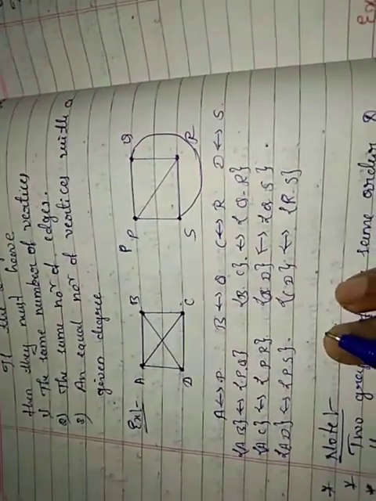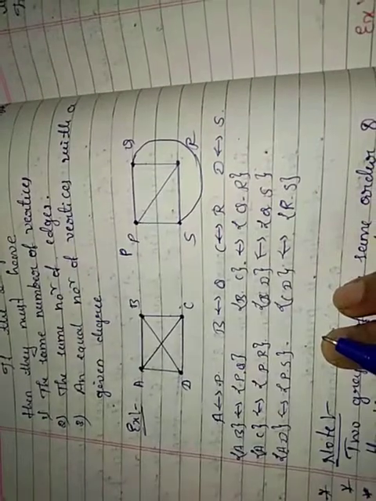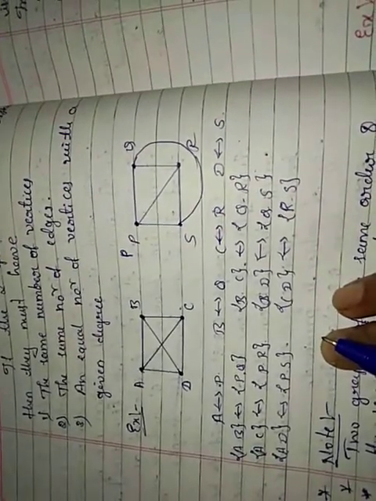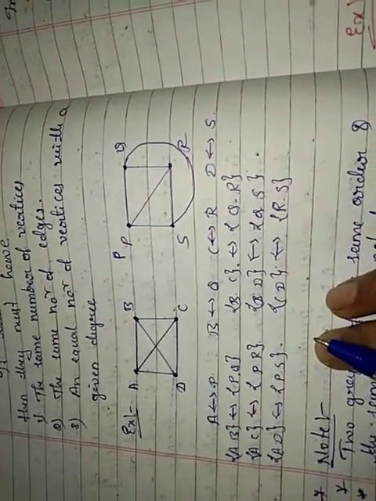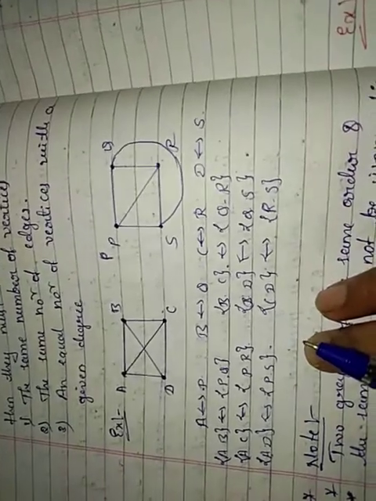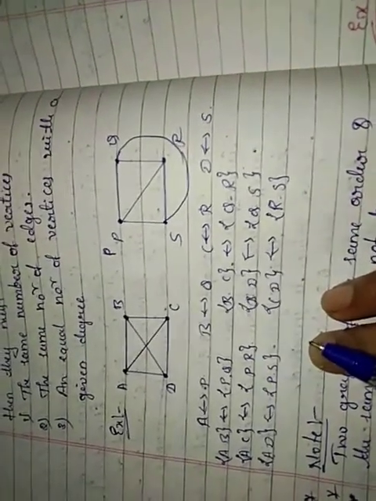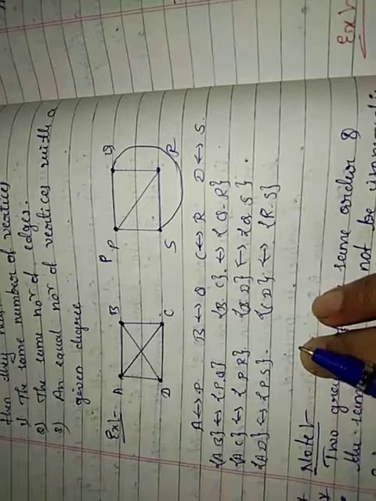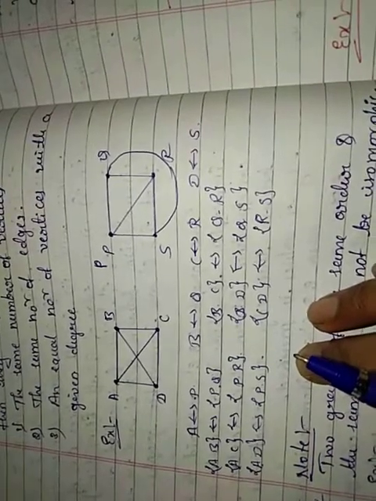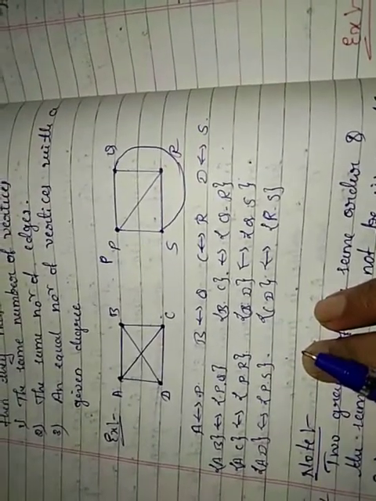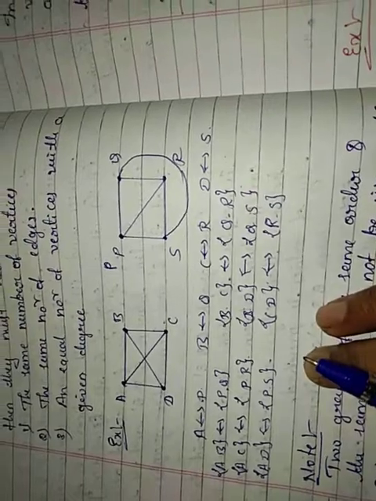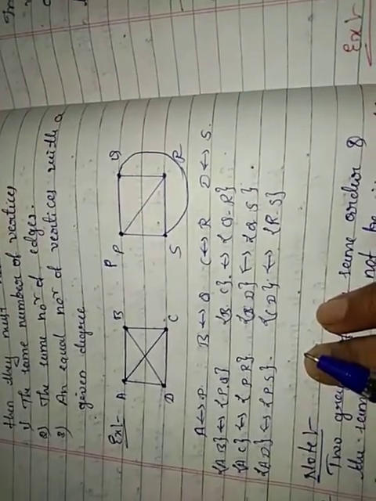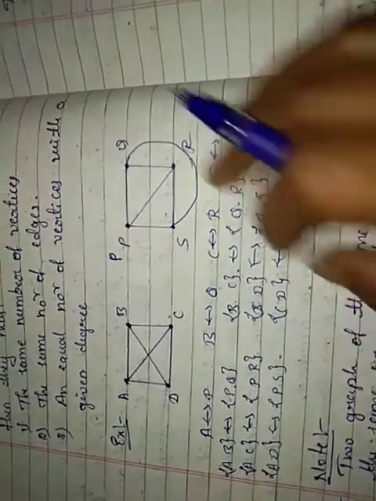The number of edges must be the same, the number of vertices must be the same, and the number of vertices with a given degree must also be equal. And one thing we have to remember here: adjacency of the vertices and the edges must be preserved. Clear? So adjacency of the vertices